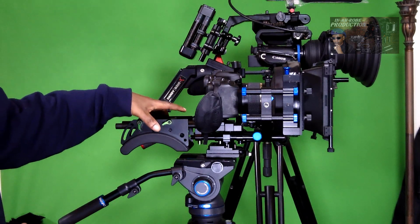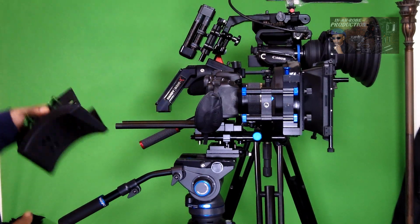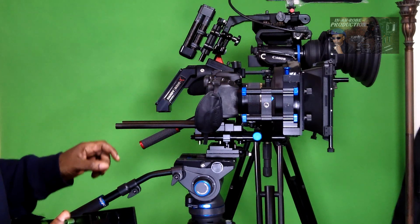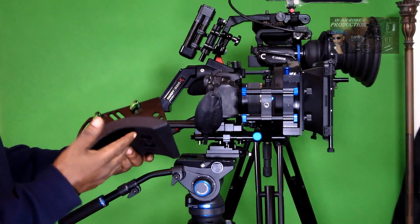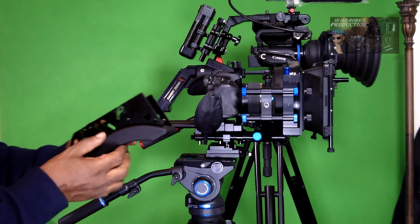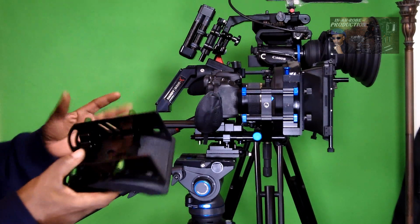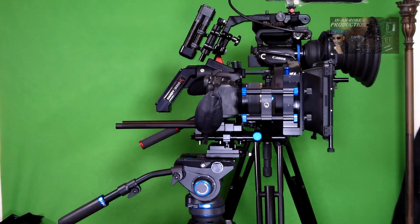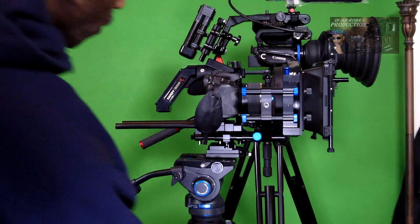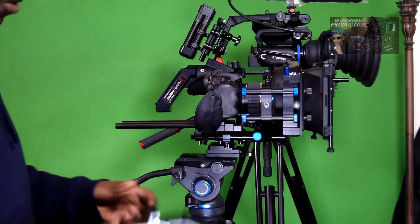Now, this is the Lockport shoulder support that I originally bought to go with this configuration here, and this works. This is pretty good. This is okay. I can use this from time to time, but this is hard rubber, and it kind of irritates me. So what I did, I went on Amazon and typed in SmallRig shoulder support, and lo and behold,